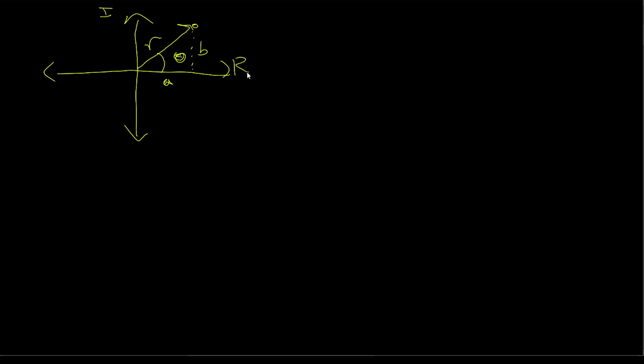We'll continue our exploration of complex numbers. We're going to do them in polar form now. So if we have our complex plane, and this represents our complex number that has an A distance in the real line, and a B distance around the imaginary. We can also represent this as